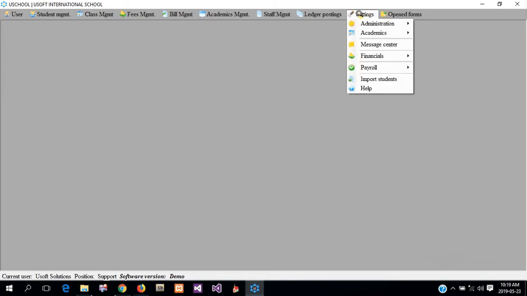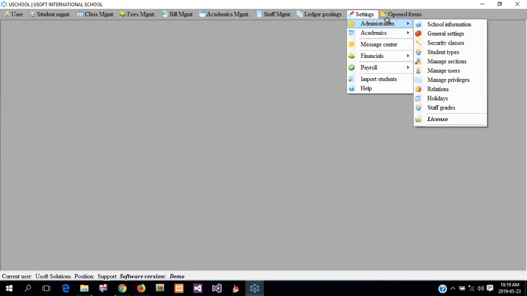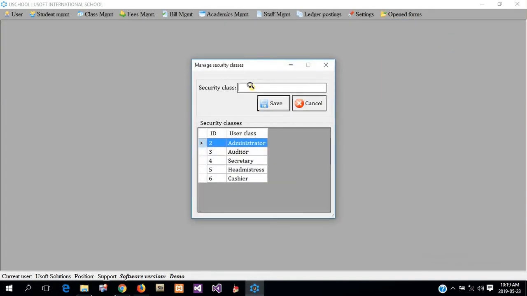In this screencast, we're still under settings and we are looking at administrative settings. We are now looking at the security classes. Security class is basically the roles, the user roles that are used in the system. So we can have a role for class teacher as a role,